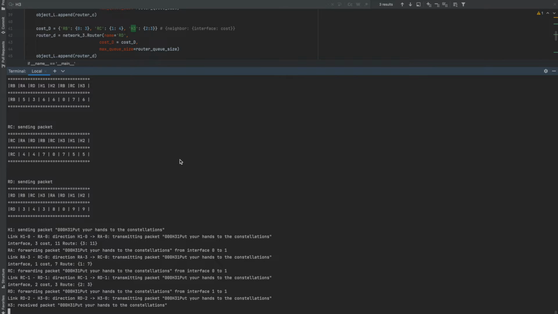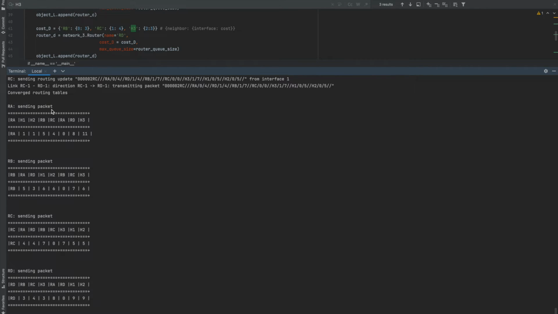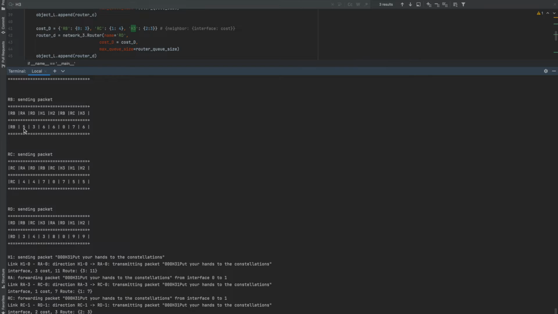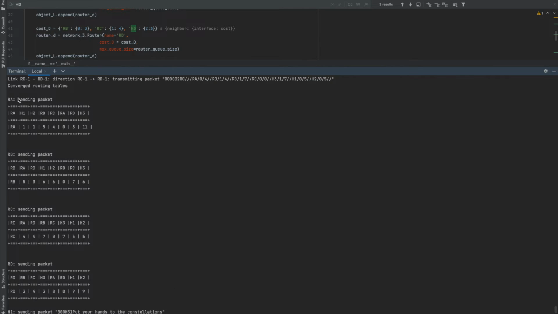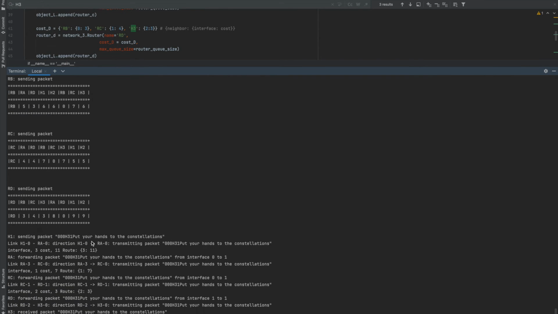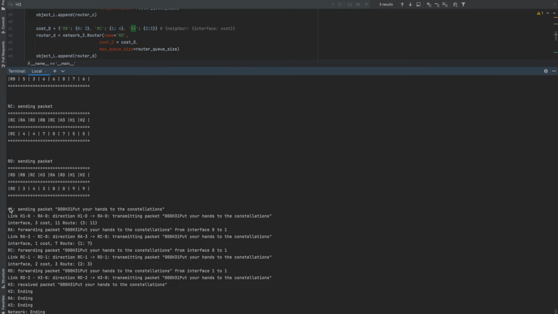Okay, it's a little bit slower, but you can see the converged routing table here already. So now from host A to router A, or host 1 to router A to host 2, and our end is host 3. And then you can see each one has a cast routing table. If you read through this, each one is sending a packet, routing it, forwarding, and